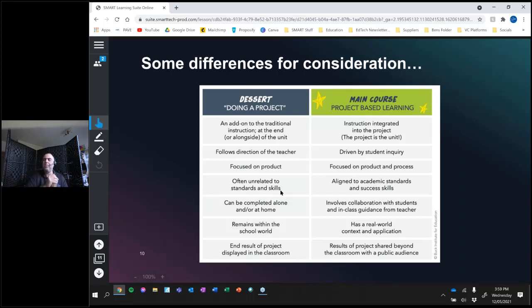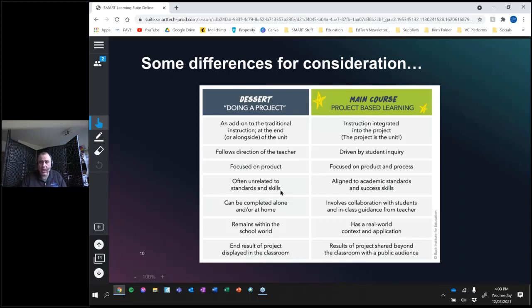the process, probably the process more importantly than the product, because when students are able to effectively engage in the process, the product sort of sorts itself out. It is aligned to academic standards and skills. PBL involves collaboration with students and in-class guidance from the teacher. So the teacher becomes, in PBL, less of an instructor and more of a facilitator. They stand to the side and let the students drive it a little bit more, whereas the traditional project doesn't necessarily have teacher input as much, because it's at the end of the teacher's instruction and the students are